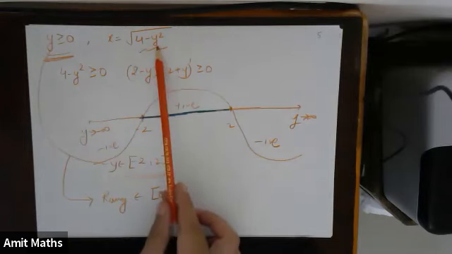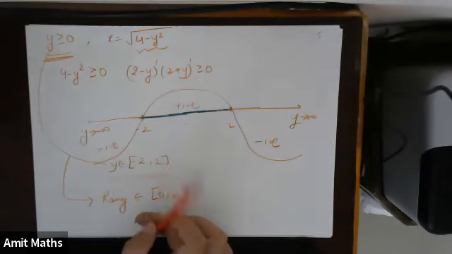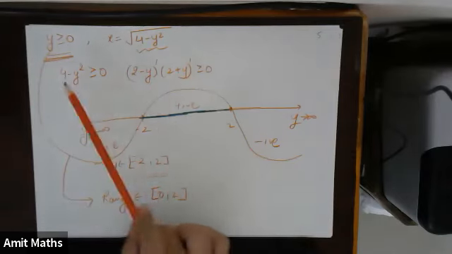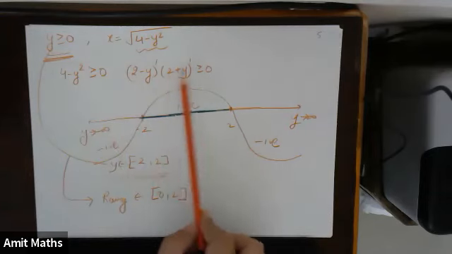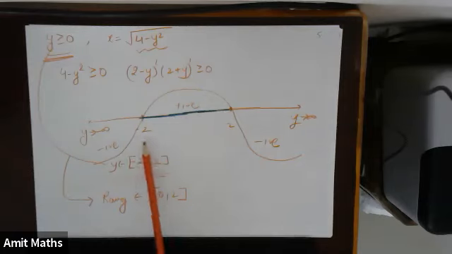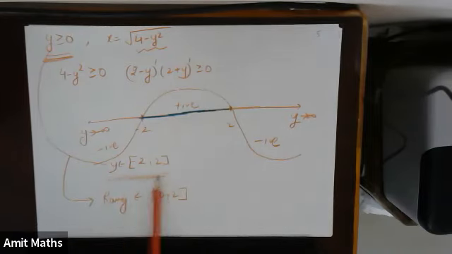In terms of y, what can we do? We can solve this using the wavy curve. Wavy curve means we write the factors of these two. Both factors will be with power 5. Then we'll write the critical points. The critical points are -2 and 2. Then we'll plot the wavy curve: positive, negative, positive, and negative. You have to find only those values where it is positive. So for positive, I'm getting -2 to 2.